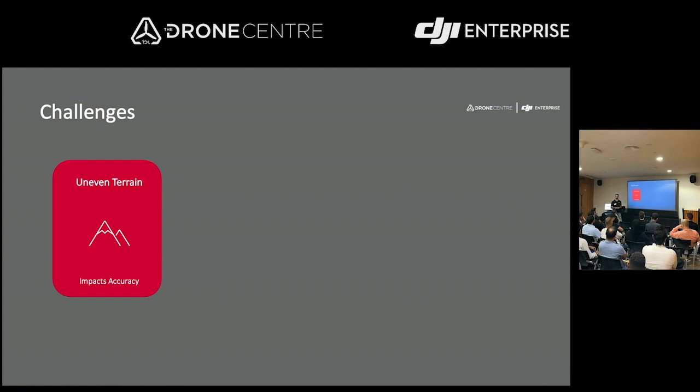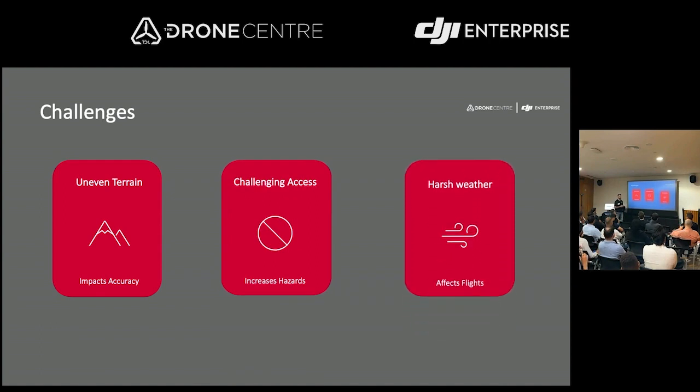We faced many challenges in this project because of the terrain. In Fujairah, the terrain is very hard, and also it is hard to get a good GPS signal for the drone. So to achieve good accuracy, less than 10 centimeters, we used the DJI Mavic 3 Enterprise with the D-RTK 2, and also we used ground control points. But in Fujairah, we had limited access to the area, and there was bad weather. It's near the coast, so the wind is too strong. So to achieve this accuracy, we need